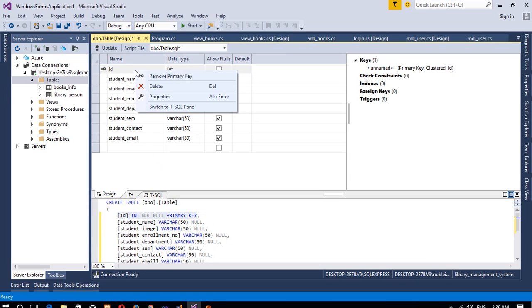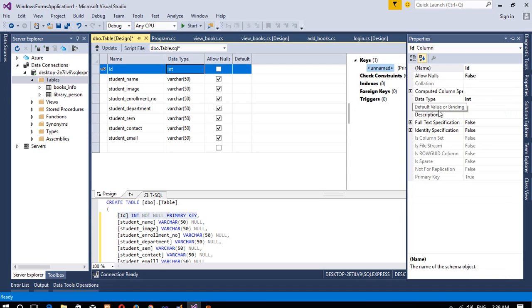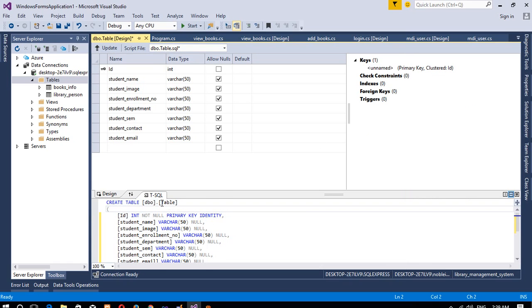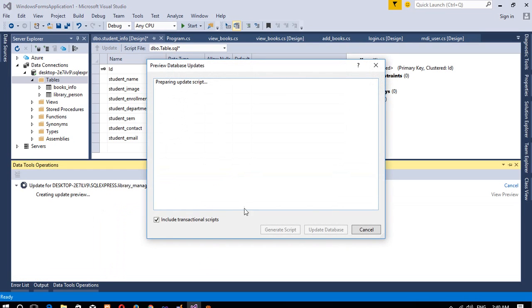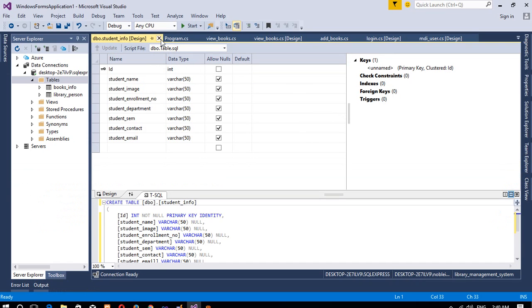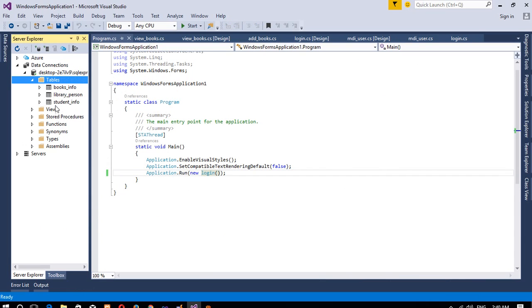Now right click here, property, and we need to give auto increment. Identity specification, and yes, so this field is auto increment. Now we need to change our table name here, student info. Now I am going to create this table. Update database. So now we have one table,